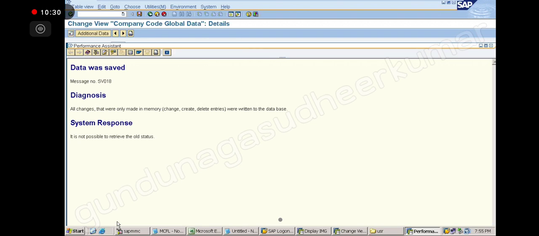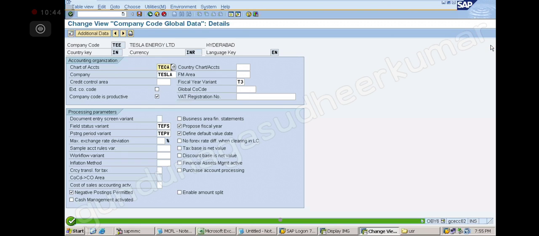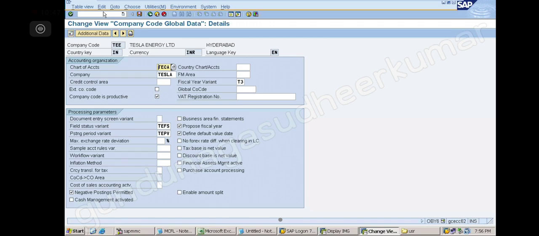With this we have completed the 21 steps. Comfortable, everybody? Can you repeat, sir? Show me once, starting with how you take these additional data. Sir, this is the ECC screen. In S4 HANA also the same? Yes, we will discuss. First let us understand ECC, then I will compare both screens and show you.